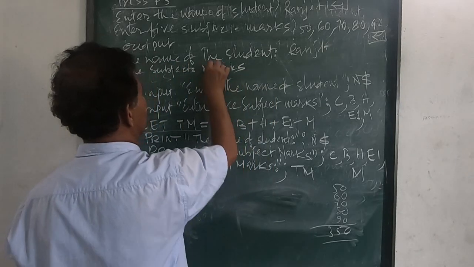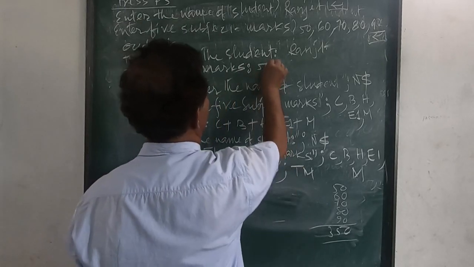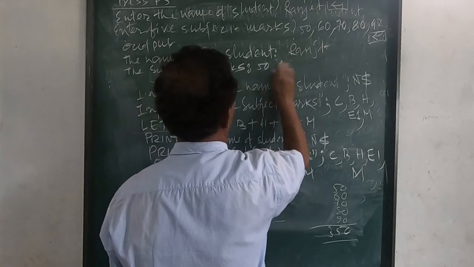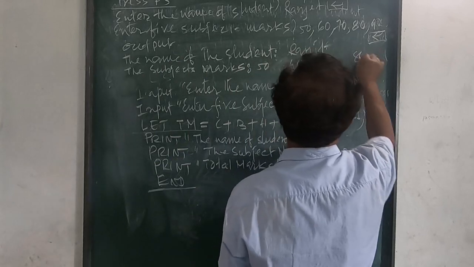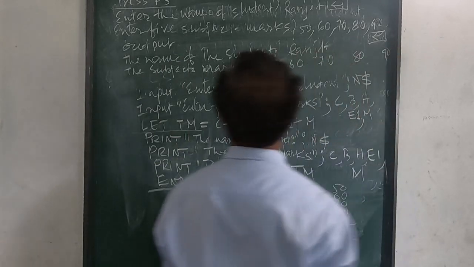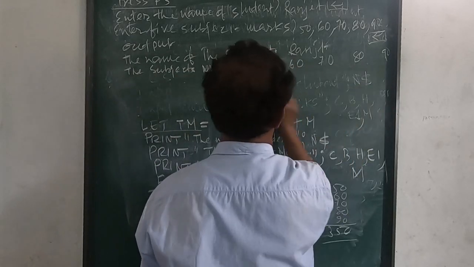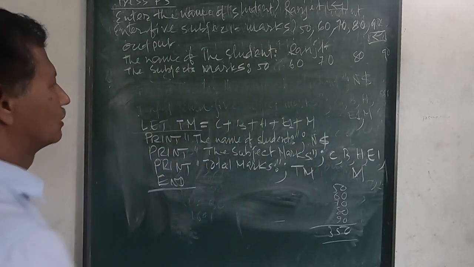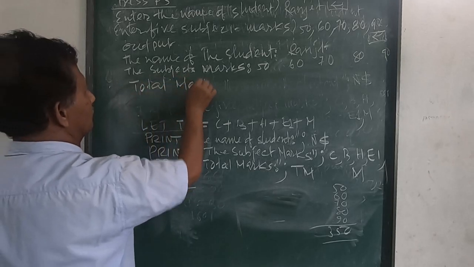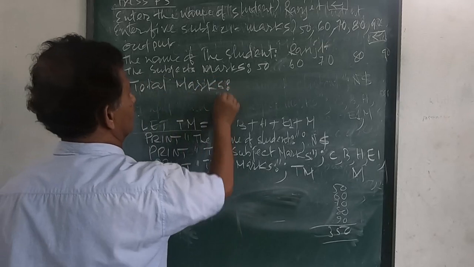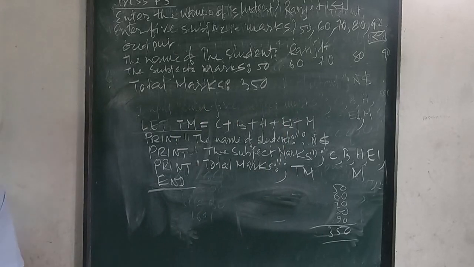subject marks. This is 50, 60, 70, 80, 90. Total marks, 350. So this is the